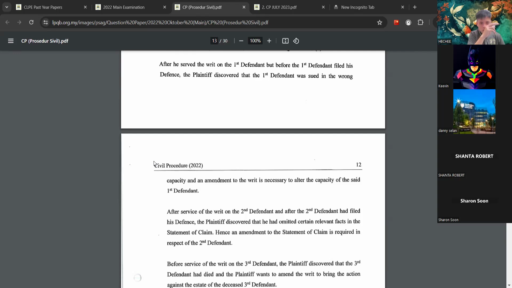The party is only allowed to alter the capacity for himself, which means that the plaintiff is only allowed to alter the capacity for the plaintiff side, not the defendant side. Bear in mind, luckily, we are still doing the past year question. If real question, tap out already. Okay, remember,